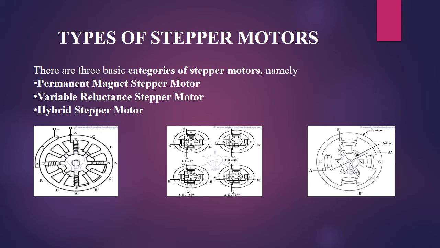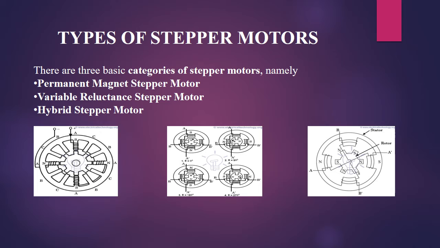The permanent magnet stepper motor has a stator construction which is similar to that of the single stack variable reluctance motor. The rotor consists of permanent magnet poles of high retentivity steel and is cylindrical in shape. The windings on diametrically opposite poles are connected in series and form a two-phase winding on the stator. The rotor poles align with the stator teeth depending on the excitation of the windings.